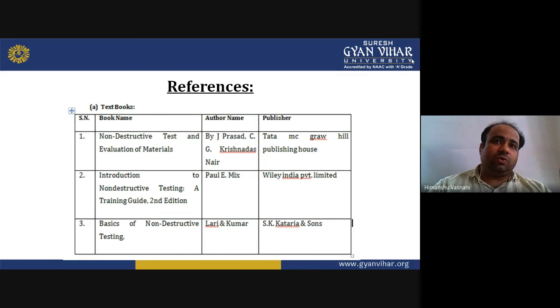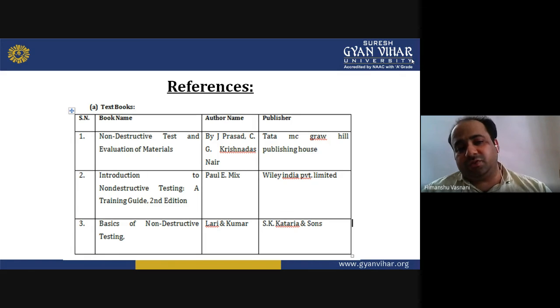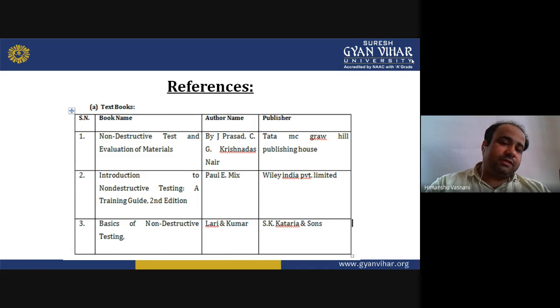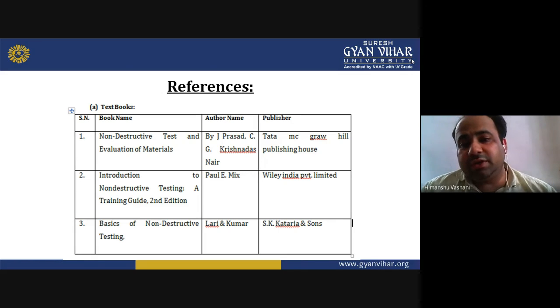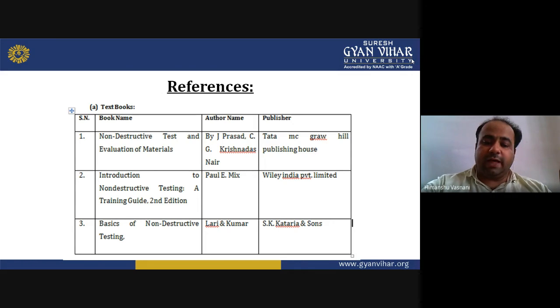The inspector also understands this, and then they practice magnetic particle testing, and it has its application in the industry. So you should refer to these references and increase your knowledge in these topics, and more diagrams will also be visible to you in these books. These books are a good source of knowledge which will provide ample knowledge for increasing your knowledge in this particular topic. So thank you all for now.